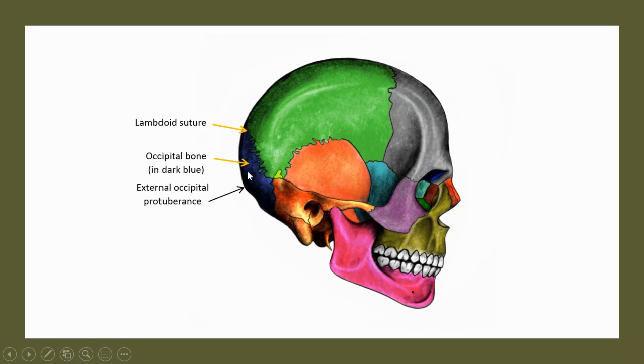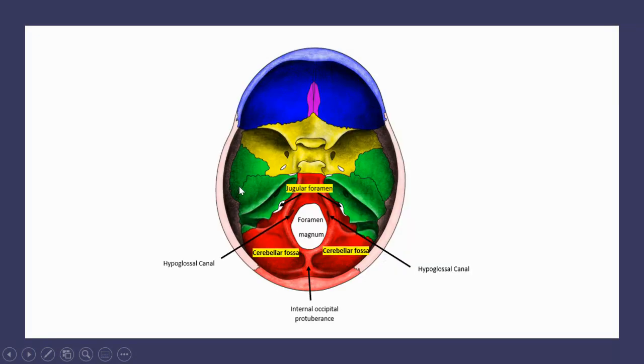Here in dark blue is the occipital bone. Some of the bony landmarks are the lambdoid suture, which we saw in the previous slide, and the external occipital protuberance. On a posterior view of the occipital bone, you can see the foramen magnum, which is the foramen that